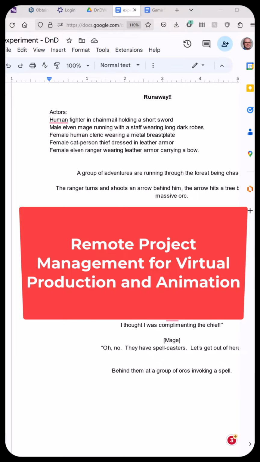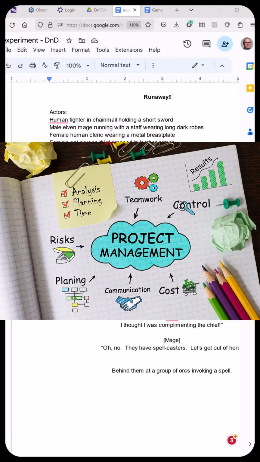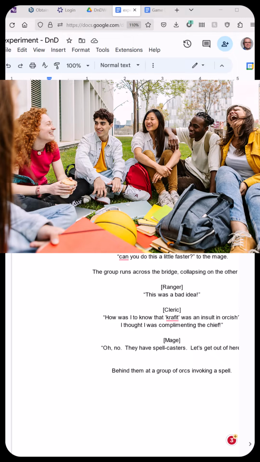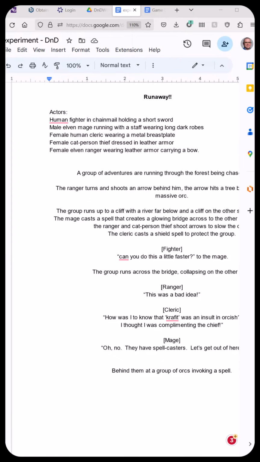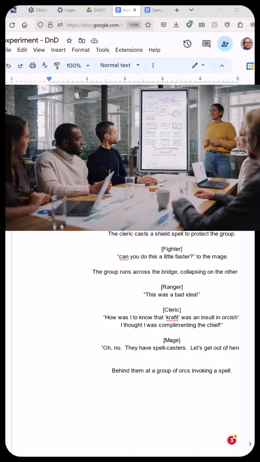In this series, I'm going to be talking about the basic 12 steps that we use for doing project management. My target audience for this is virtual production students that are just getting started on their first major project. But of course, this is open and hopefully will be useful to anybody that's getting started with project management and